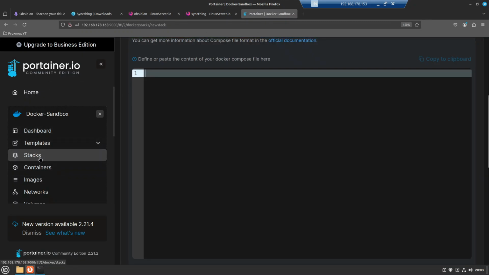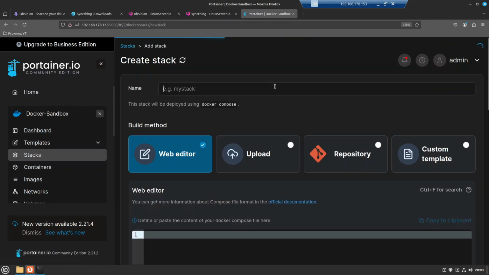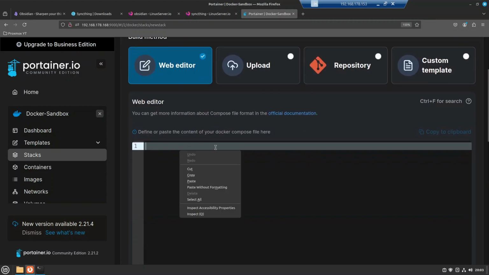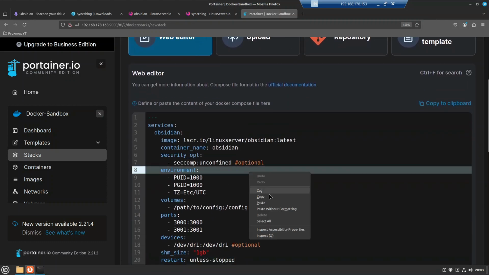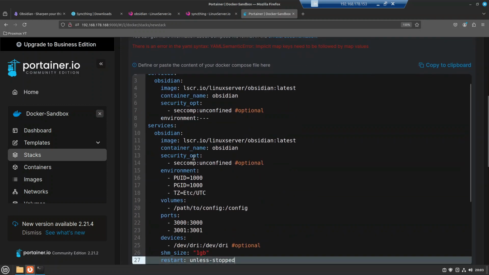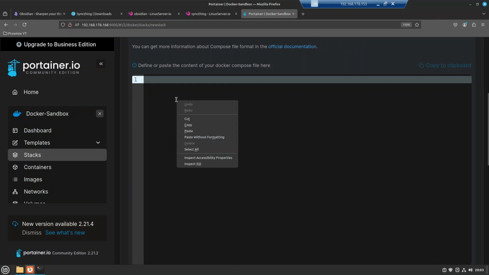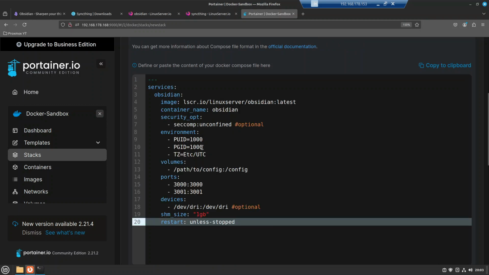While I'm in Portainer, I will click on stacks, add stack, and give it a name, Obsidian-YT. It needs to be lowercase and no spaces. Next thing, I'm going to right click and choose paste. Do not select paste without the format, because sometimes doing that, the formatting of the Docker compose file will go wonky and Portainer will complain that there's something wrong with your instructions,